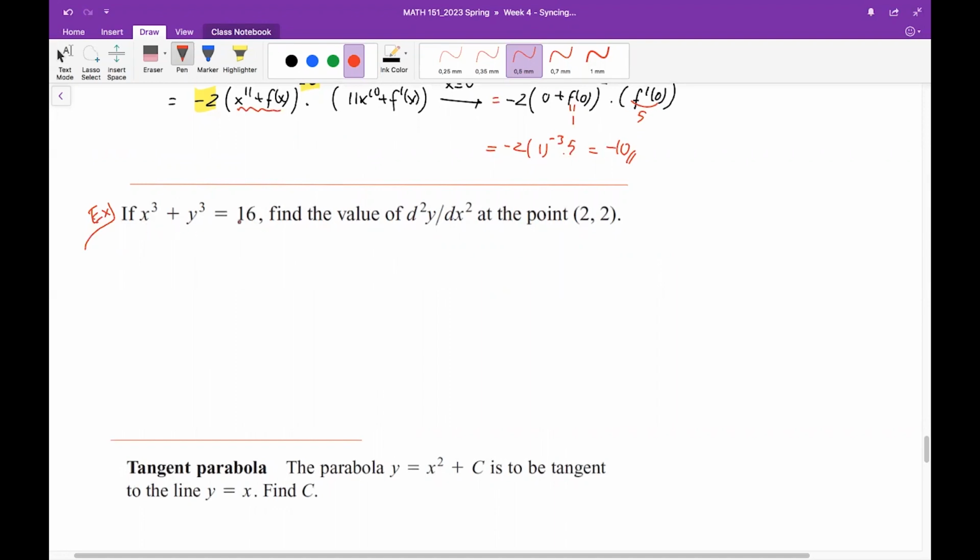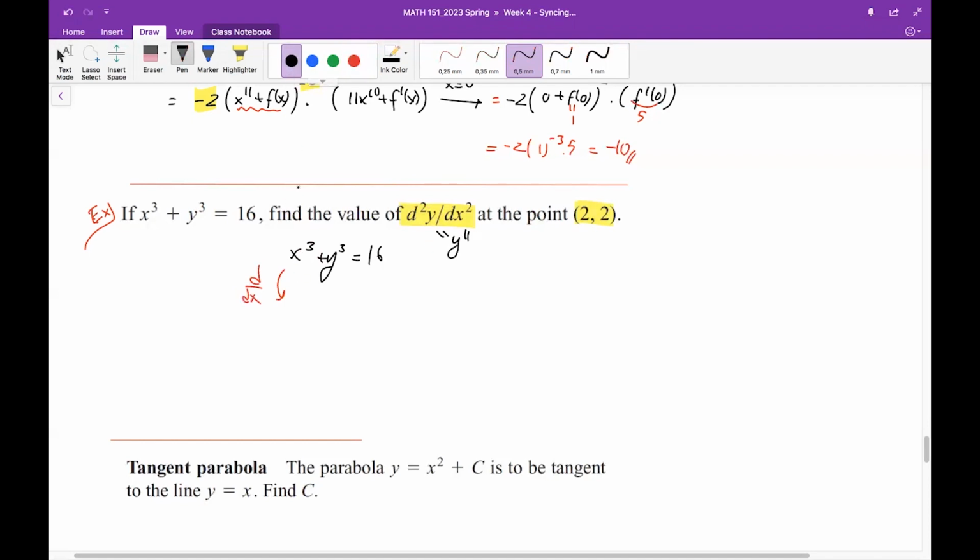An equation is given. Y function is defined implicitly through this equation. X cubed plus y cubed is 16. Then this time we want to find the second order derivative. This is the same as writing y double prime. These are different notation. We want to compute second order derivative y double prime at this given point. There is also an indicated point here. We will obviously use implicit differentiation for this one twice because y double prime we need.